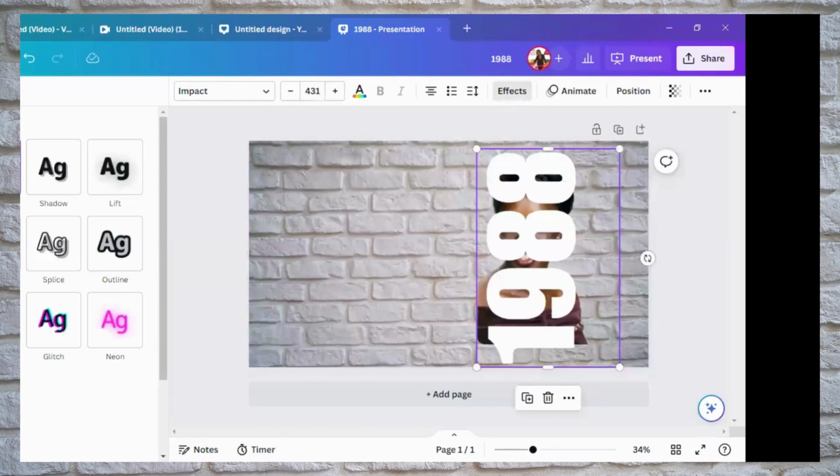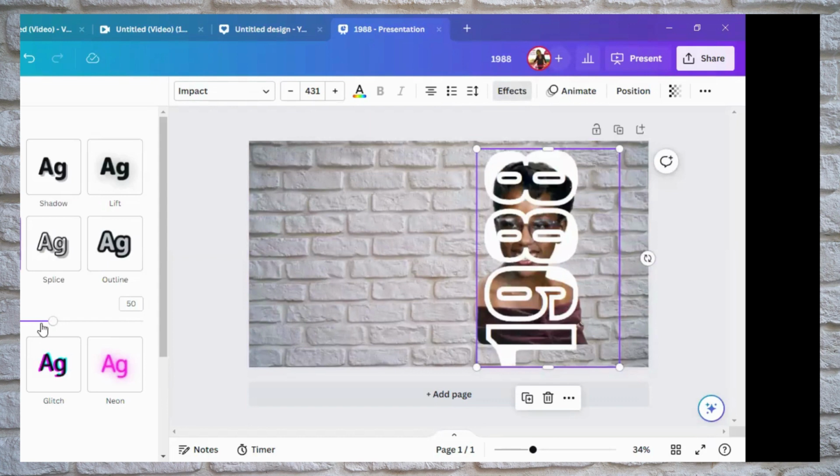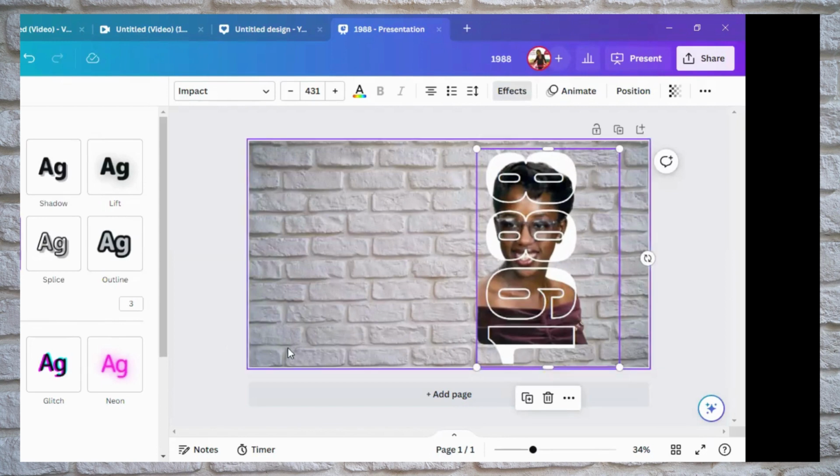And the effect I want is hollow. It made a hollow. Now I'm gonna take the thickness down to 1. And there it is. Okay, so I don't like it white on top of white. It kind of makes it hard to see. So what I'm going to do,